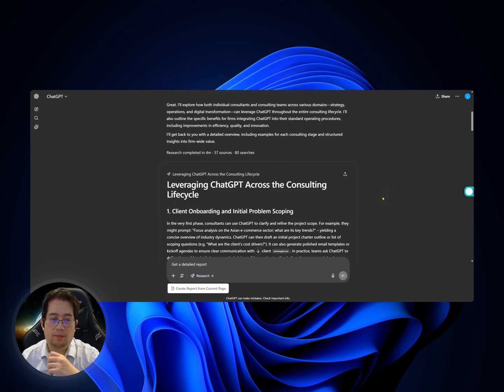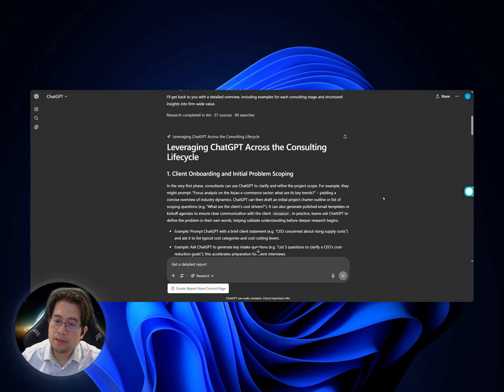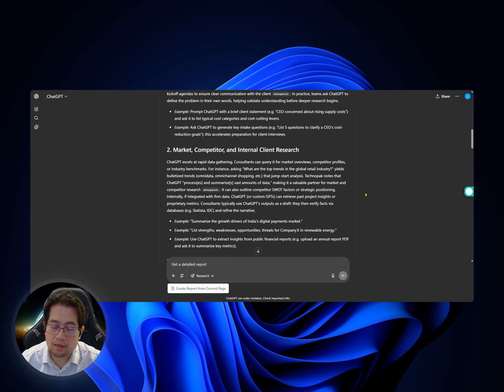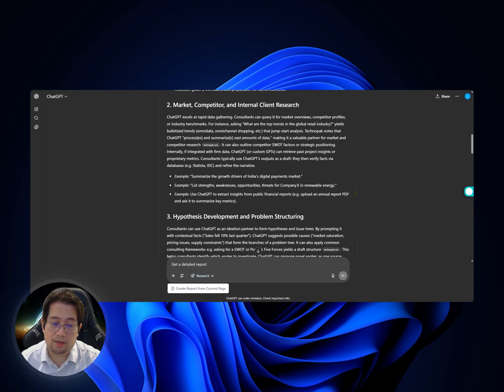All right, so what we're going to do now is do a quick demonstration of our solution, ChatGPT Report Builder. So basically, this solution lives within the ChatGPT platform. And the problem that you're trying to solve here is that during our conversation or exchange or research using ChatGPT, the AI output is actually of very high quality because right now it has the capability to do web search and it also has the capability to do deep research. And therefore, most of the content here is very much of high quality.